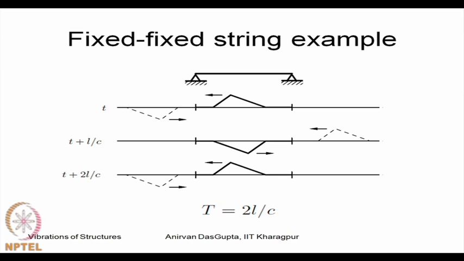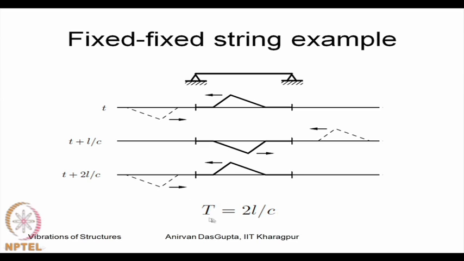Now, let us look at the case of a fixed string. When you have a pulse which is travelling to the left, let us say, then it hits this fixed boundary and the reflected wave is like this. This reflected, positive travelling wave now goes and hits the right boundary, and there is a negative travelling reflected wave. That then completes the full cycle. Here, I have written out the time taken by this wave to travel this whole path.